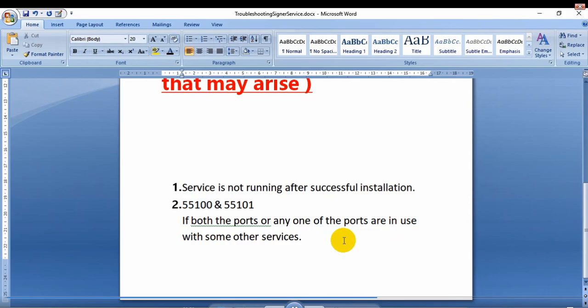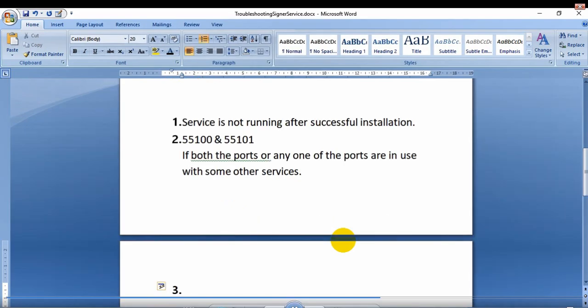And now the third one, it is not related to the DSC signer service as such. Let me write the problem statement first. That is signature validity checkmark visibility. I am giving these headings; they are given in the DSC signer service guide, I am not doing it from my side. So in signature validity checkmark visibility, if you have seen old documents which are digitally signed, what happens there?